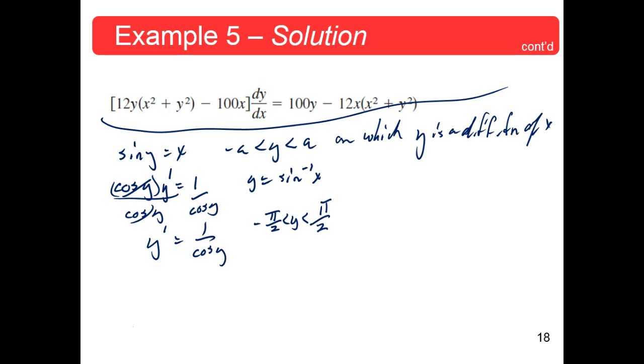Okay, I guess, okay. That's certainly true. Here's something else that's true. Sine y is equal to,